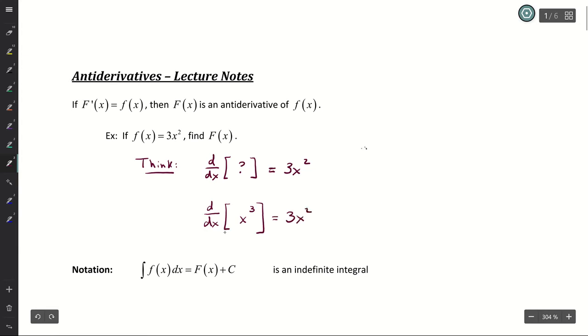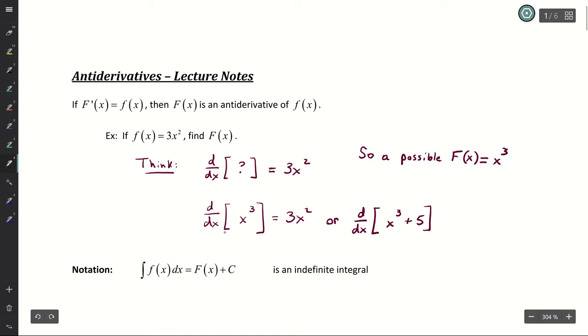So on here, I'm going to put a possible antiderivative function, use capital F of x, would equal x cubed. All right, now my question is, is there more than one antiderivative? Well, think of this. If I come down and think of another function, such as this,